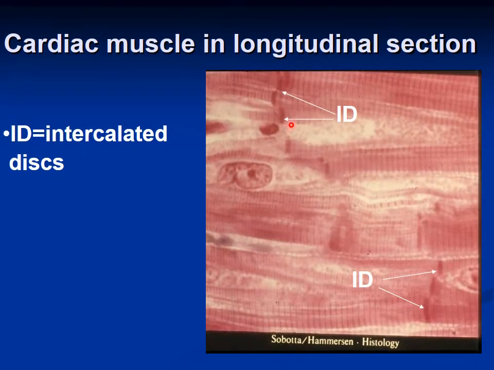So if we see this structure, these red lines show the intercalated disc. Another you can see at the bottom of the picture, these are the intercalated discs, which are formed by the adherence of two adjacent cardiac cells. And if you see these light and dark lines, they are the striations. Due to the presence of these dark and light lines, the muscle is called striated muscle. So cardiac muscle is involuntary, striated, having a centrally located oval nucleus.